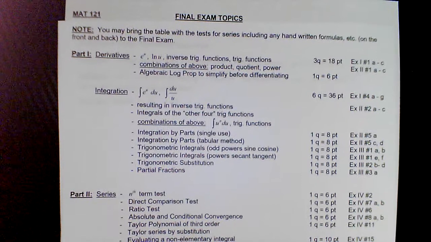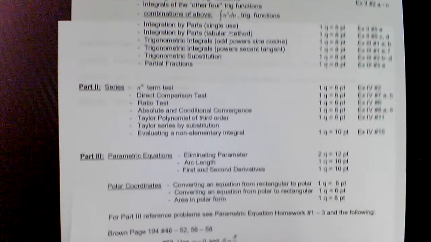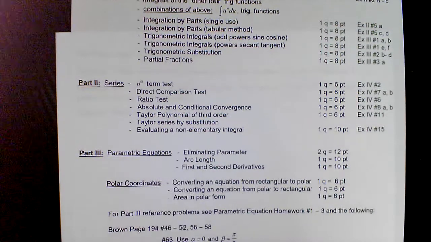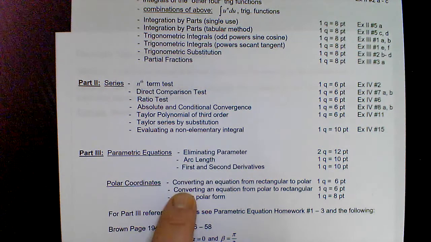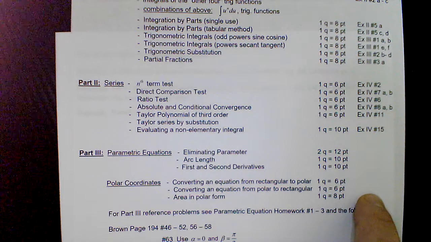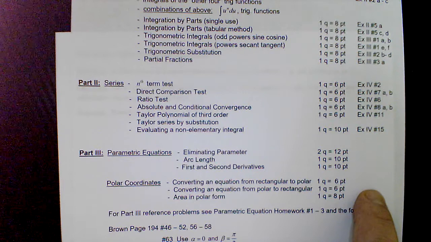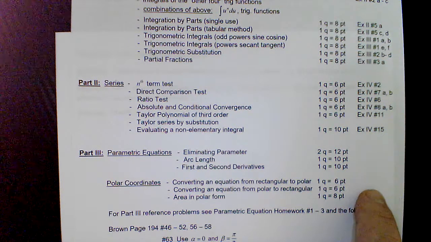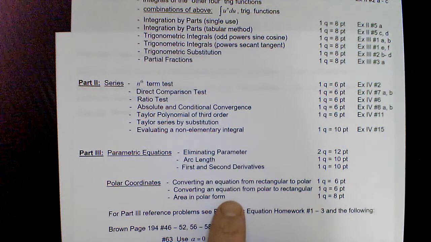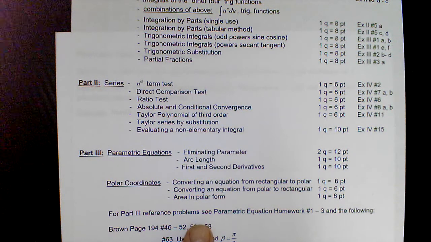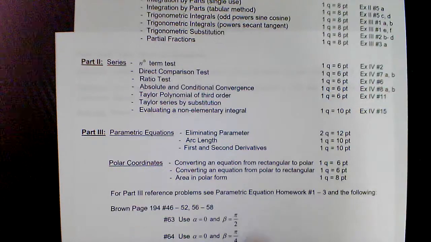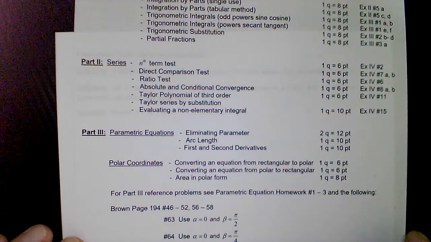But the point of showing you this now is that the two topics, parametric equations and polar coordinates, are in part 3. There's no reference questions, but I will have a summary for you of these two topics once we're finished covering them. But you can see the types of questions that I'm going to ask there, and there's reference problems for homework posted in Blackboard, and there's for the parametric equation homework, and then there's an assignment here for Mr. Brown's book concerning the